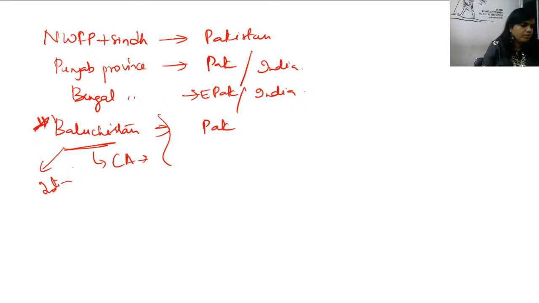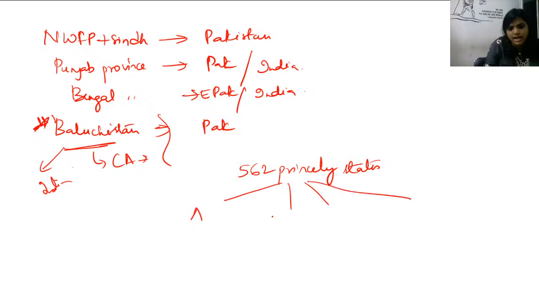Okay. Now, India, when we all this 562 princely states. Initially, whatever provinces we have were all carved out of 562 princely states. Now, these 562 princely states were divided into 4 groups called ABCD states. Now, what are these ABCD states? We will see now. So again, I repeat, when independent India came, we had 562 princely states, and these were divided